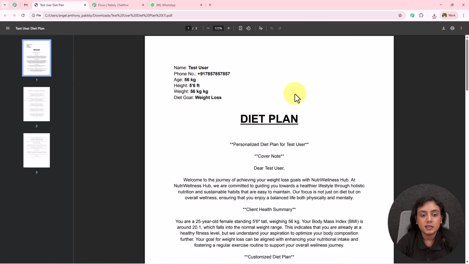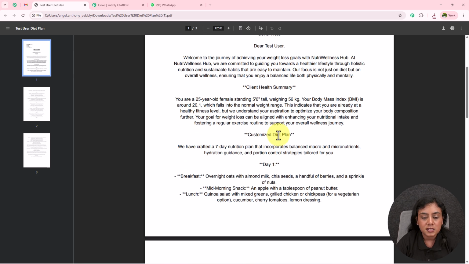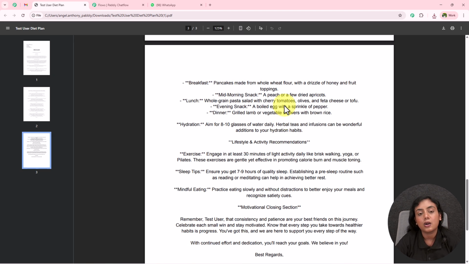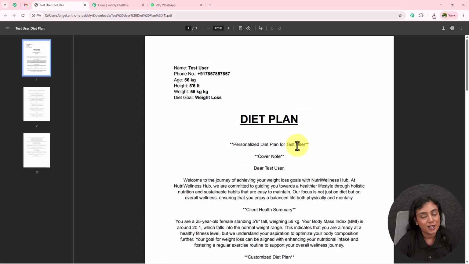If I'm going to open the plan, you can see where it's for test user with the number and all the other details. Okay, and you can see a personalized diet plan for all 7 days has been created according to the details that I have provided towards this bot. So this is how amazingly this WhatsApp chatbot is going to work in real time, and we can generate personalized diet plan also with the help of this amazing bot and share it towards our lead